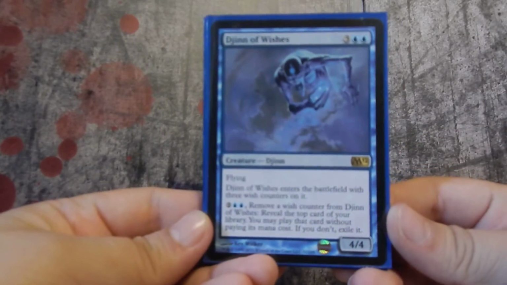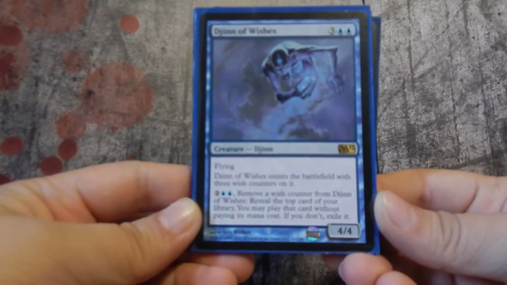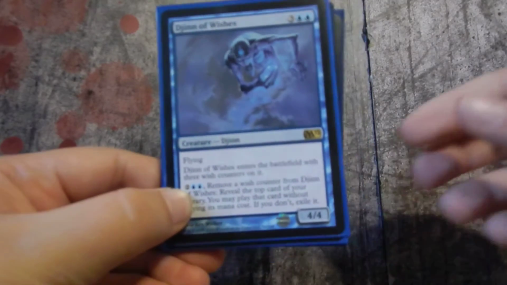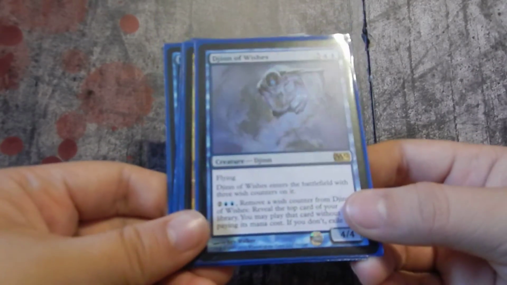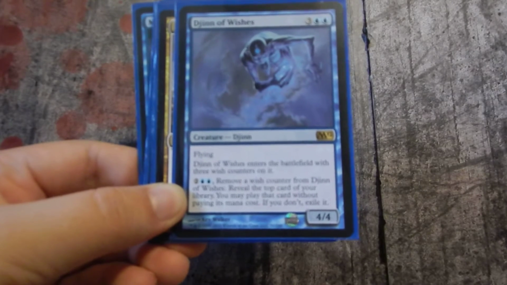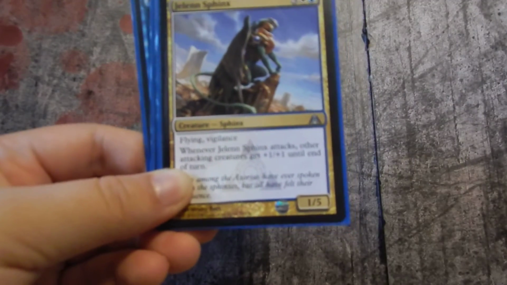And then I have the Djinn of 3 Wishes. When he enters the battlefield, put 3 wish counters on him. Pay 4, remove a wish counter from him, and reveal the top card of my library, and I may play that card without paying its mana cost. If I don't, I have to exile it. So it can be either really good or really awesome, especially if, well, I guess if you get a land card, it's kind of silly, because then you essentially just paid mana to cast a land card, which is,